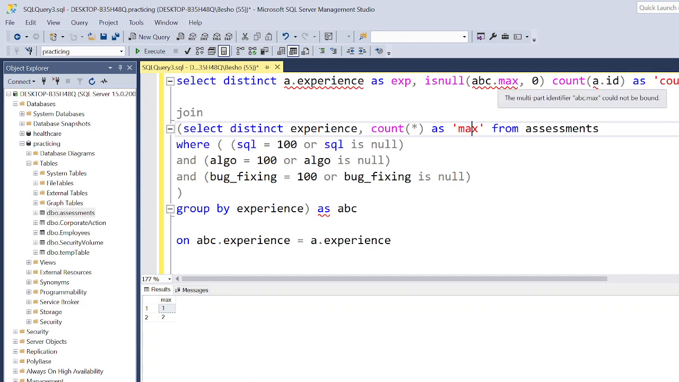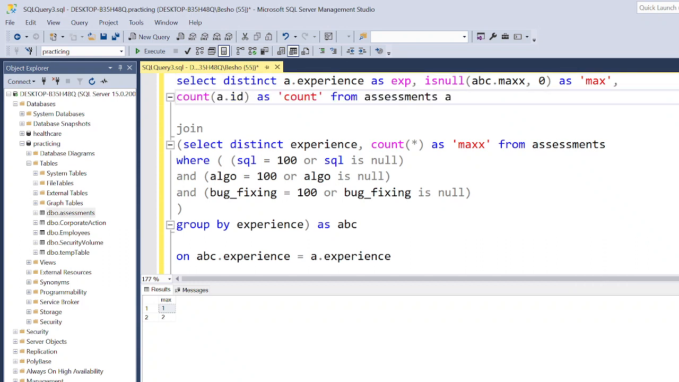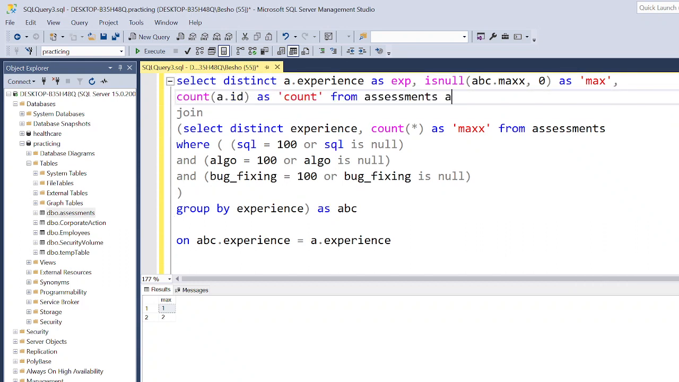and let's see, it's confusing this with the keyword, so let's go ahead and just give this a different name, and I'm gonna say as max up here, and okay, so